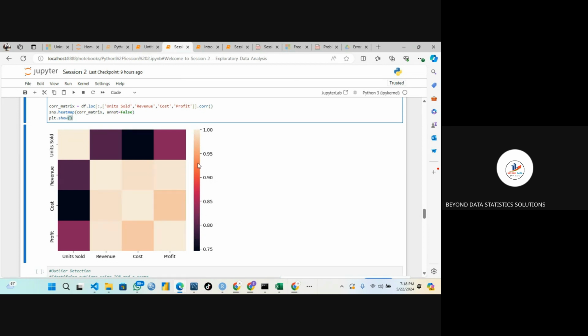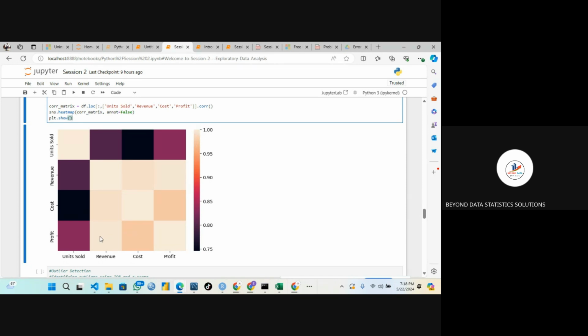So the relationship between cost and unit sold is 0.75. It is positive, yes, but it is not that strong compared to